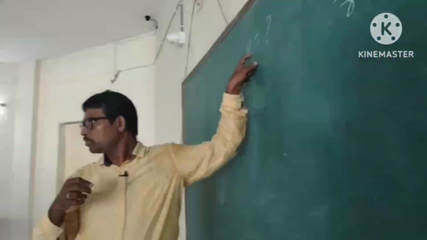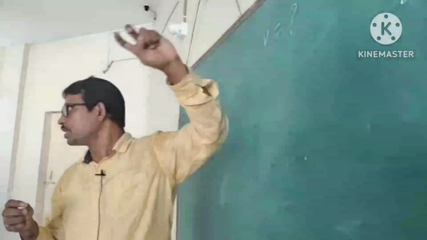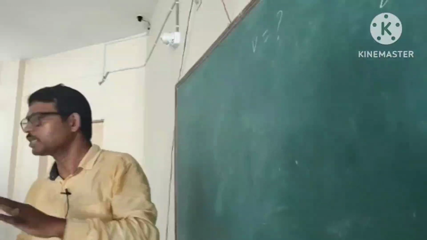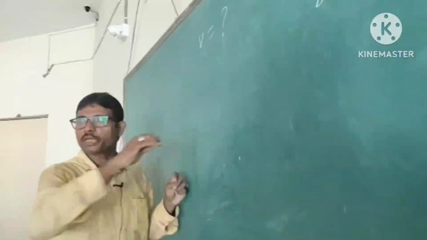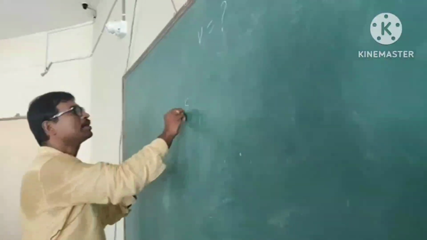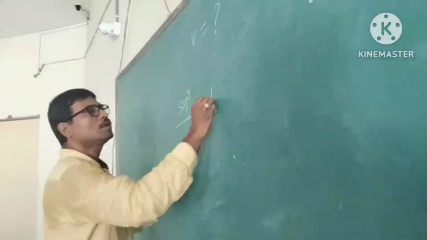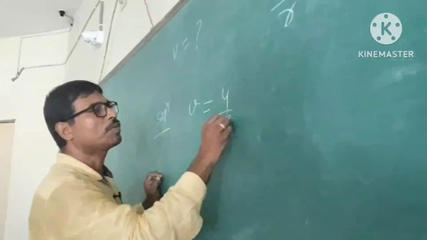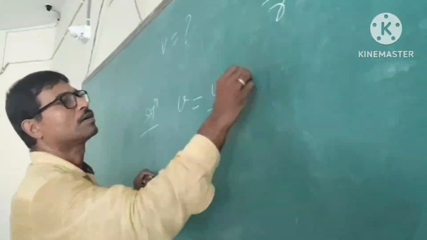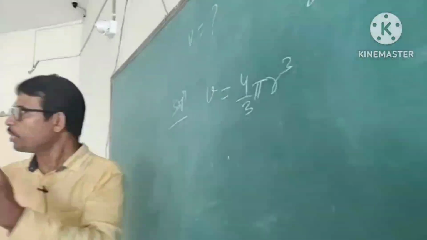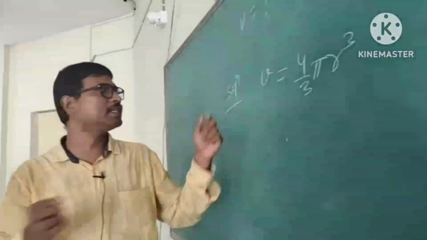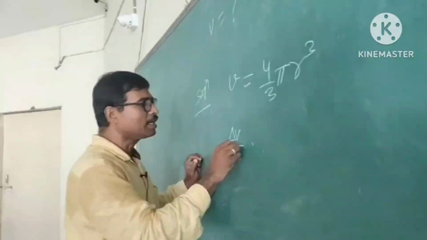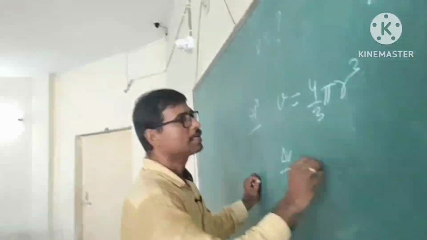Find the volume of the sphere in measurement. Error in the measurement. So volume of a sphere is how much? Solution, beta. Anybody? We know V is equal to 4/3 pi r cube. So in percentage error that I have told, very easy, delta V by V into 100 is equal to a